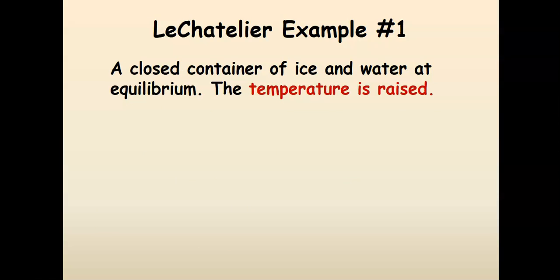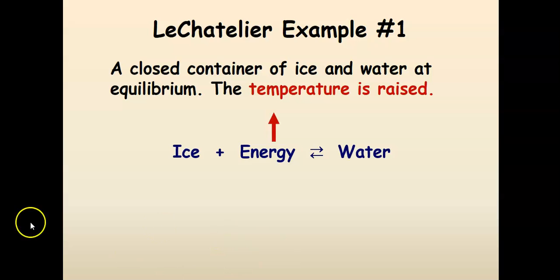Let's look at example 1. A closed container of ice and water at equilibrium. The temperature is raised. You have ice plus energy. The ice will turn to water, right? When you have an ice block and you add some energy, energy is a form of heat, water is formed. And if this is in equilibrium,